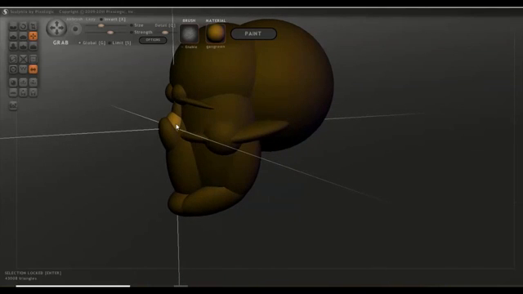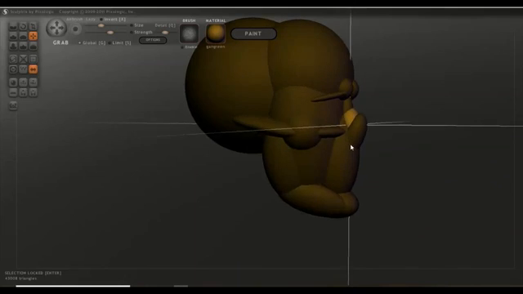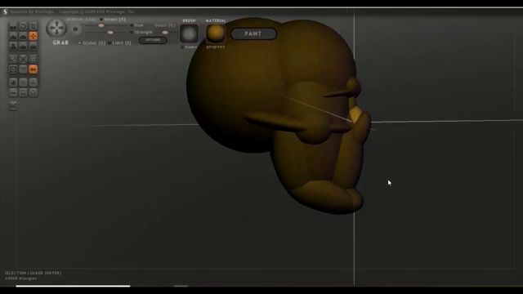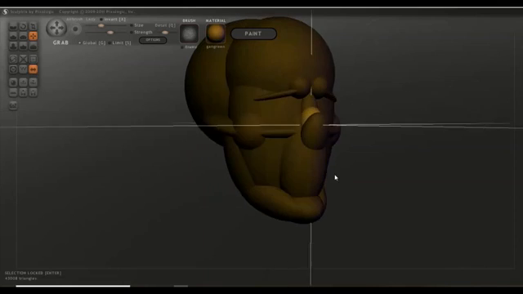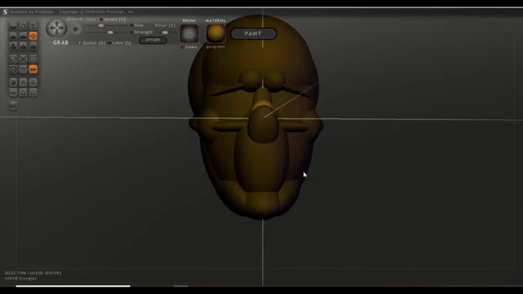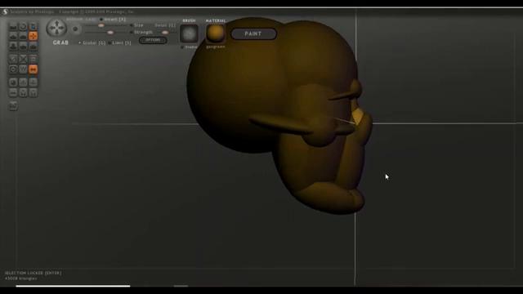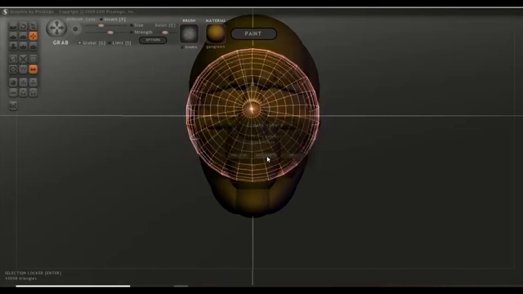That's not too bad. Probably bring the mouth out a little bit more. I think maybe we could add another sphere. Let's find out what happens. Add sphere,